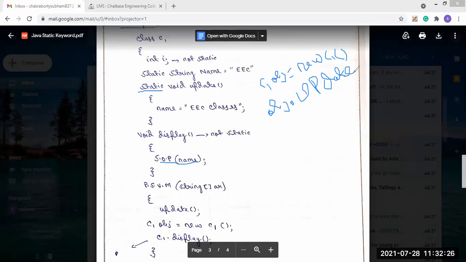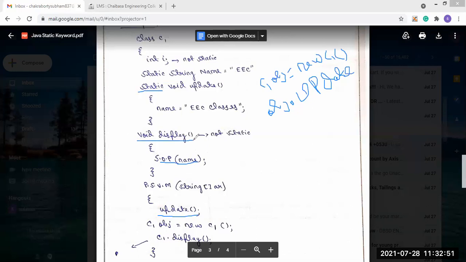But here we have used static. This method is static, which means we do not have to create an object. We can directly write it. No need to create an object of the class to call this method. That's why we have directly written the update method here.